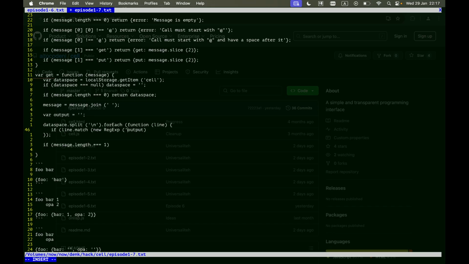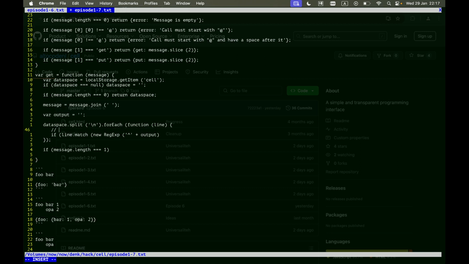But I need like the little caret to say this is the beginning of the string, and I should, to do this properly, I need to escape the special characters in the output. But I'm not going to, well, let's just add a line to escape special characters, and I've done all of this, and I can just copy some code from somewhere else. You know what? Let's just do it.